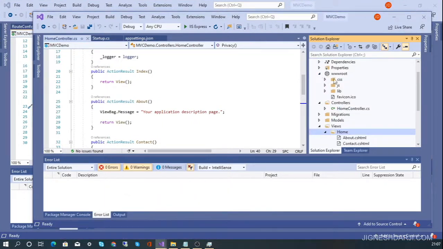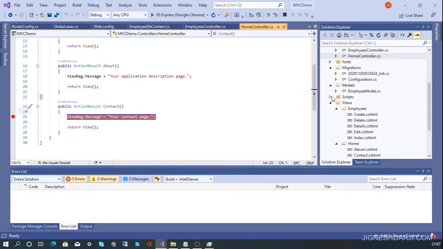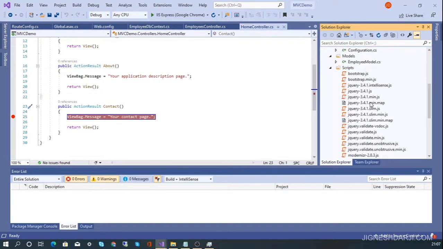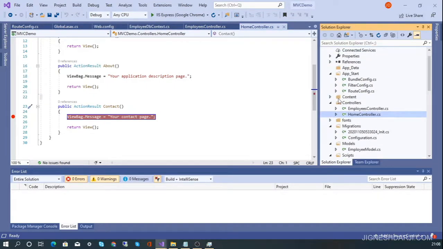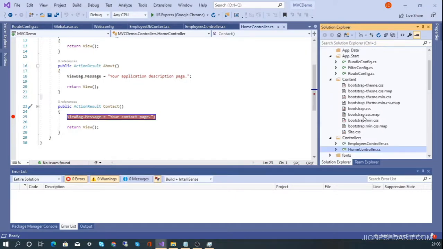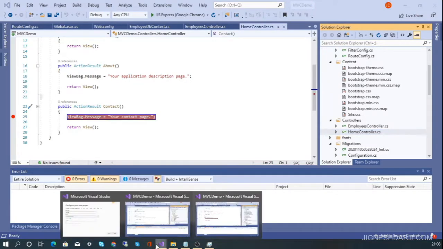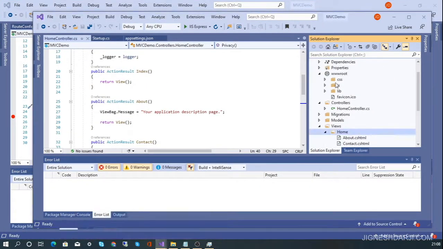this particular wwwroot folder. As we know, when we create this project, we already have some bootstrap-based CSS, JavaScript, and icons in there. In the scripts folder we already have bootstrap and all the configuration, and in the content folder we already have a CSS for that. So the same CSS and JS is already present when we create the new project, so you don't need to copy. If you have a different CSS and JS, you can always copy that inside this wwwroot folder.